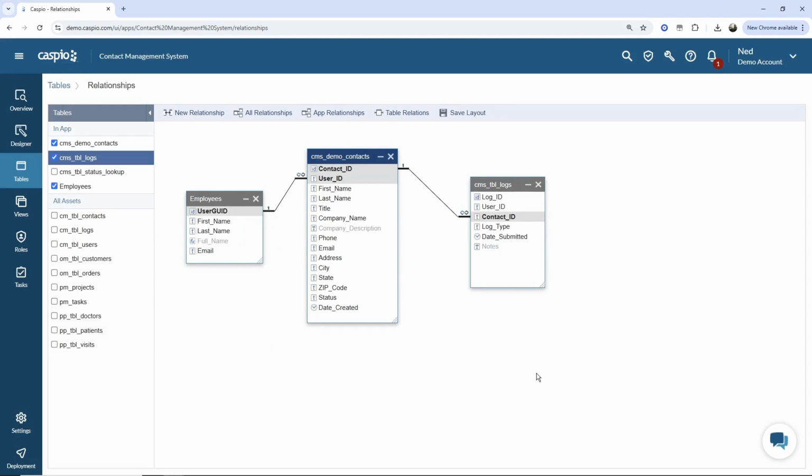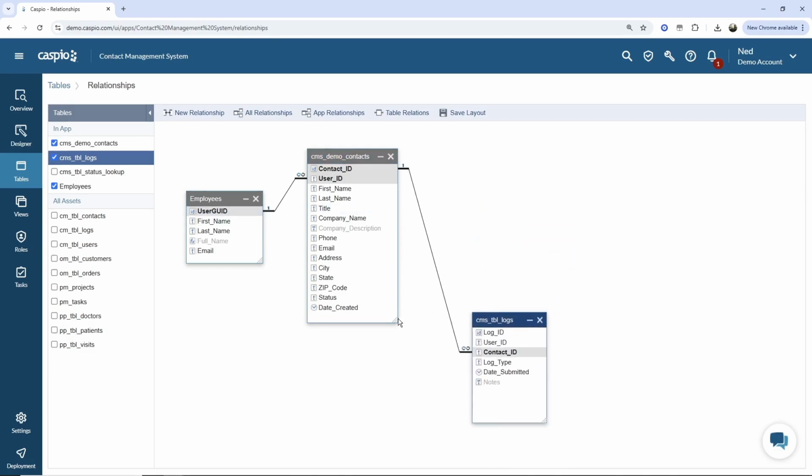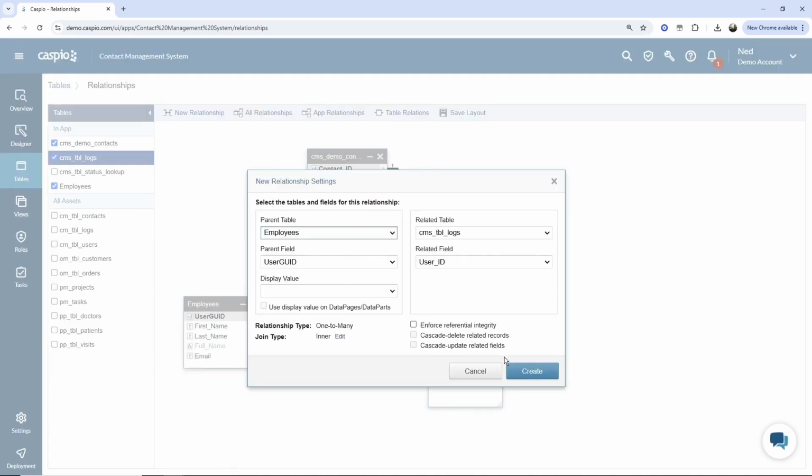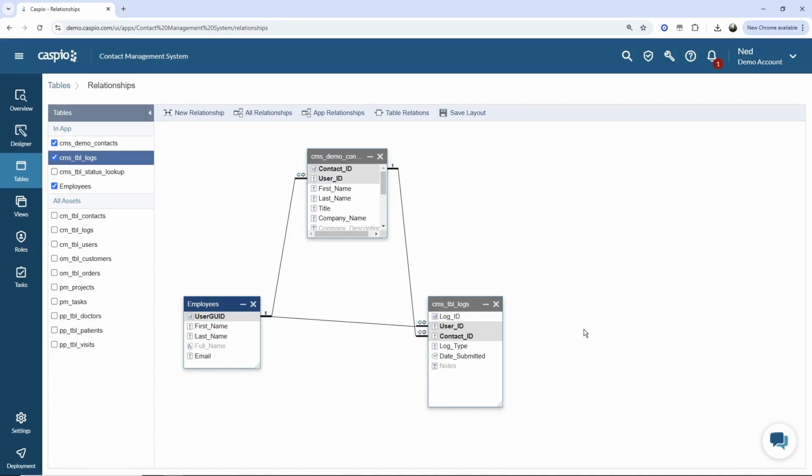We are also stamping the user ID inside the logs table. So rather than seeing this line go over that table, we can just rearrange this. I can also collapse this a little bit so I can see all of my tables like that. And just move this line over to the user ID field, let go, and once again, that's going to be a one-to-many, which means that every single employee in our contact management system can leave a log for that specific